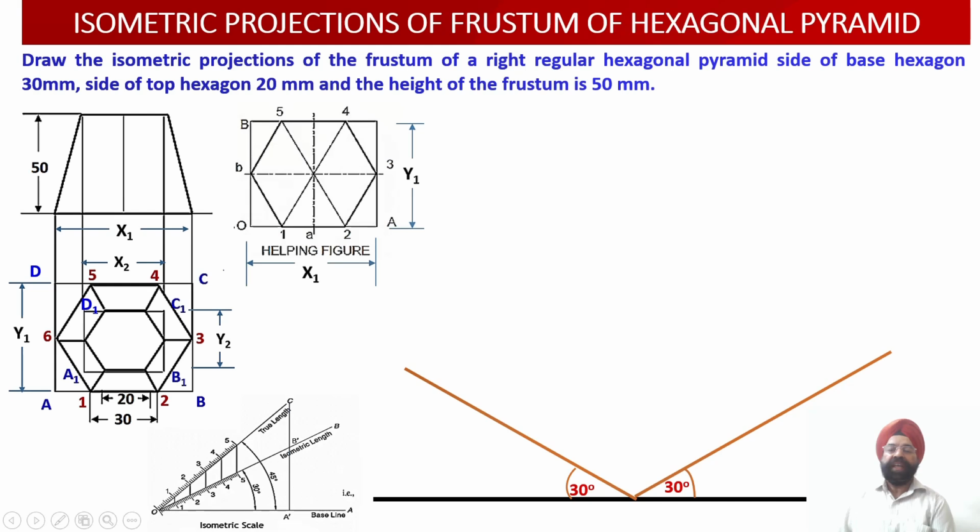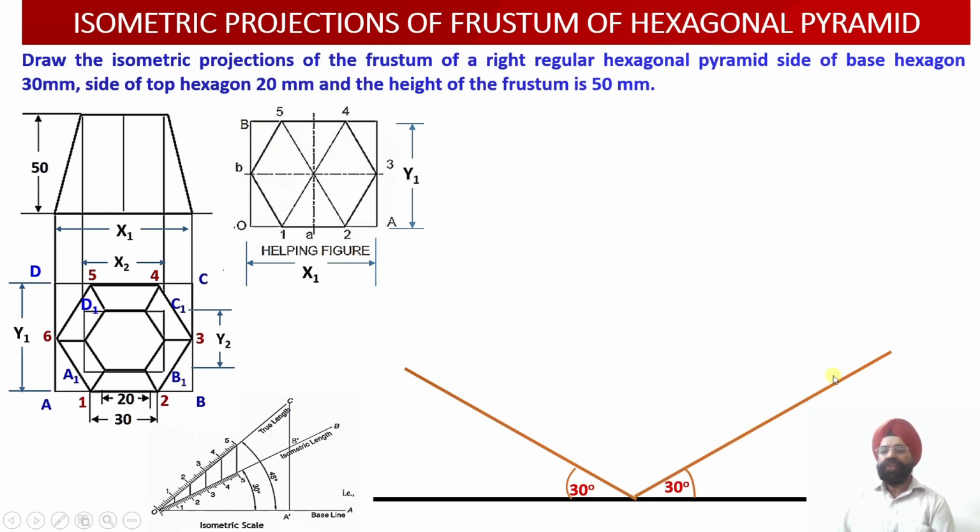Now let us start with the construction of the isometric projections. This is a case of a hexagonal pyramid which is resting on its hexagonal base on the ground. And what is the edge of the base? The edge of the base happens to be 30 millimeter. And what are the dimensions of these two edges? AB is equal to x1, and BC is equal to y1. So these are the two dimensions, x1 and y1, which we are going to locate along the x-axis and the